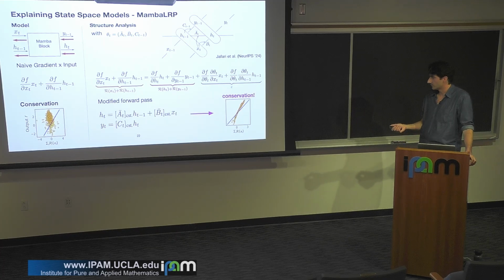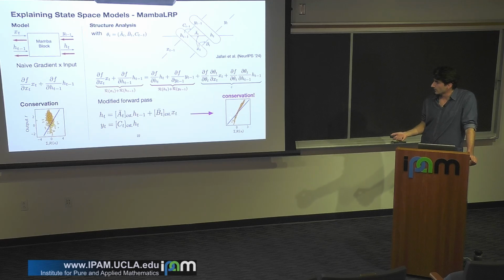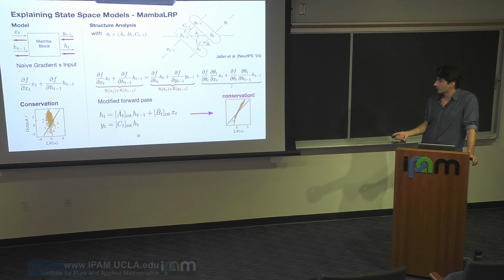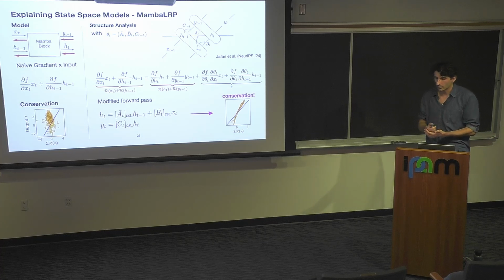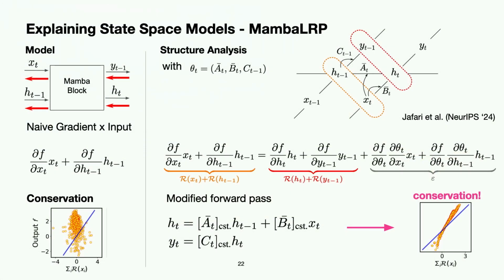So conservation is restored. The remaining tilt that you see here is due to bias terms that you usually have inside of your network. You usually have a plus b term in each of these layers. These make it impossible to get perfect conservation, but they simply shift your heat map. They don't really change the structure of your heat map, but they just scale the values up and down a bit. So it's not really a problem for the analysis. Okay, so that's what we can do with first order Mamba explanations.